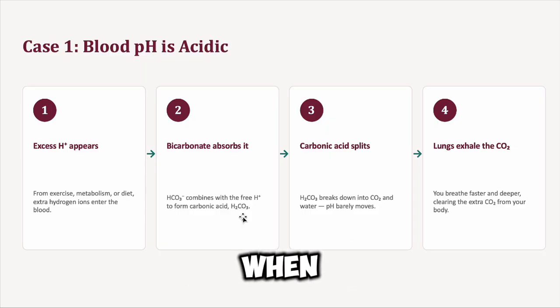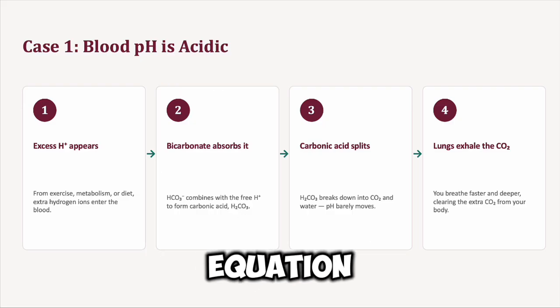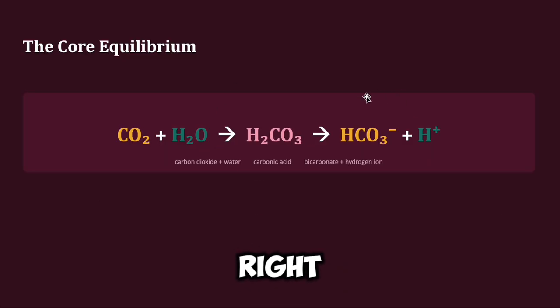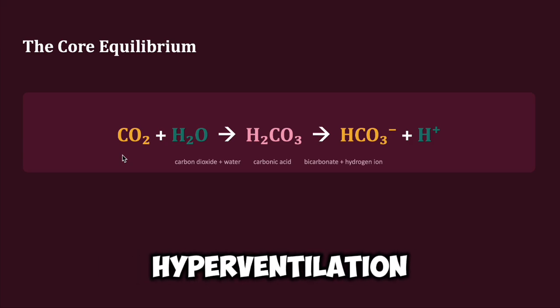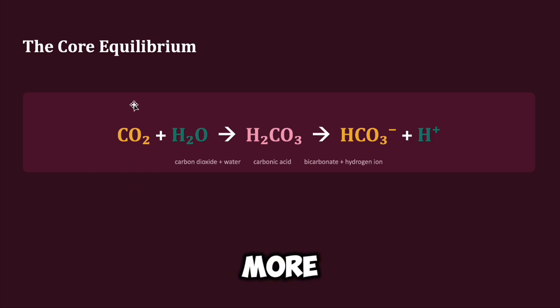So, what happens when the blood pH is too acidic? This is one of the two cases that is commonly tested on the MCAT. What happens here is that the body has too much acid floating around, so it needs to soak it up. So we want the equation to shift left. Right now, it's producing a lot of H plus, and we need to have it shift left. The way that we can do this is the extra CO2 has to get blown off by faster, deeper breathing. So hyperventilation. You need to breathe more to blow off more CO2,